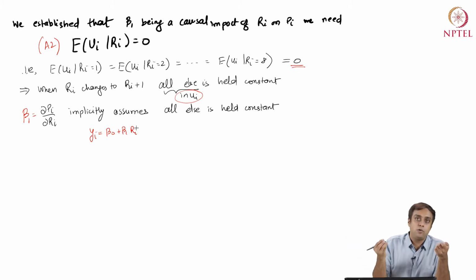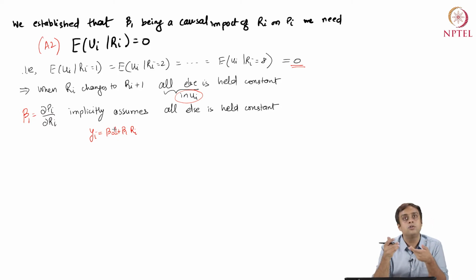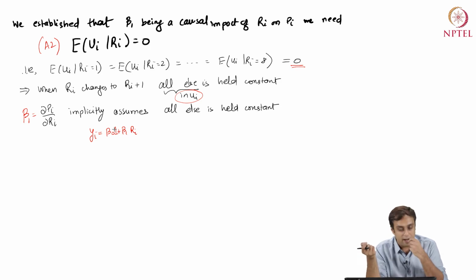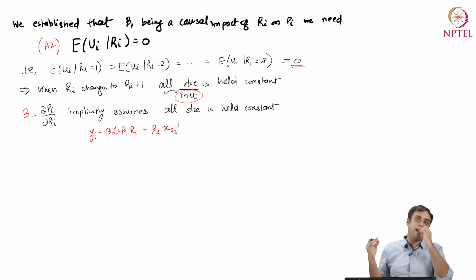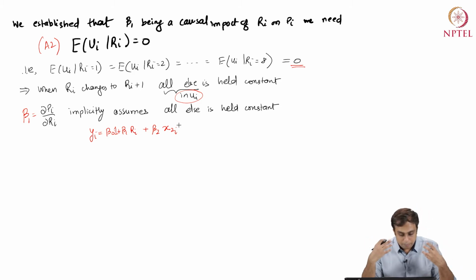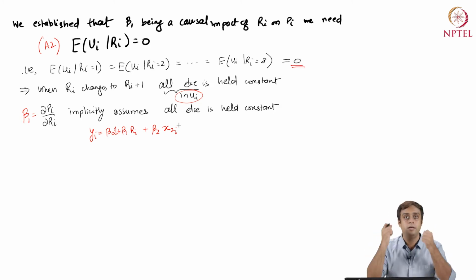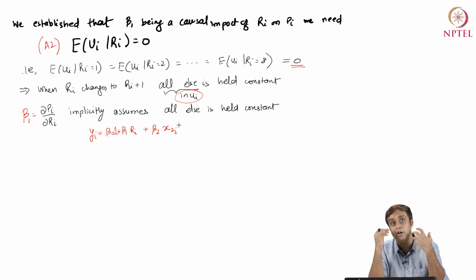Now, what does it mean to say that all else is held constant? It means that if I change Ri to Ri plus 1, the factor sitting in front of beta 0 still remains 1. So, whatever change I see in yi is going to come from the change in Ri, right? And this can be true even if I had, let's say, beta 2 x2i, another covariate x2i. The formulation that beta 1 equals del yi or del Pi over del Ri will automatically hold x2i to its original value. It doesn't let it move from there. That's what beta 1 measures in a deterministic equation.